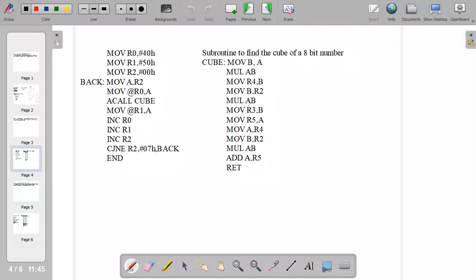So in the subroutine we are copying the content of A to B, and then we perform the multiplication operation, and the result of the multiplication operation, that is the higher byte, is stored in register R4, and B is loaded with the number that is in R2, and then we perform multiplication of the lower byte of the previous result with the number, and then we copy the content of the higher byte of the multiplication operation in R3 and the lower byte in R5,